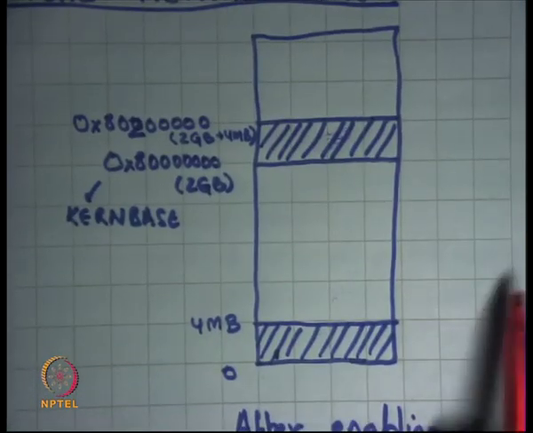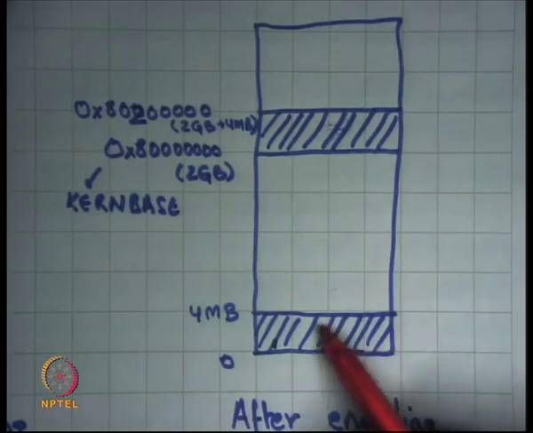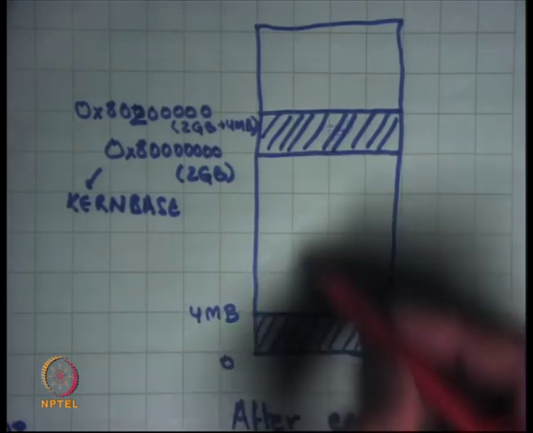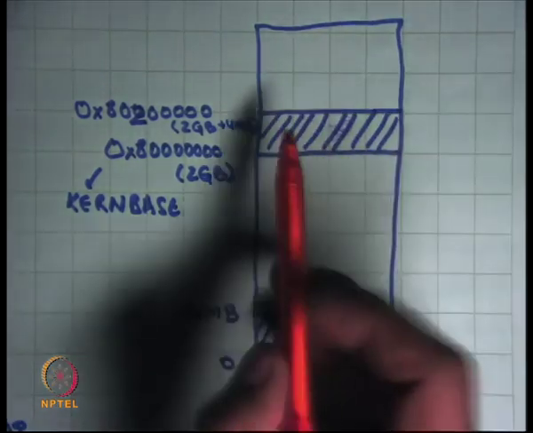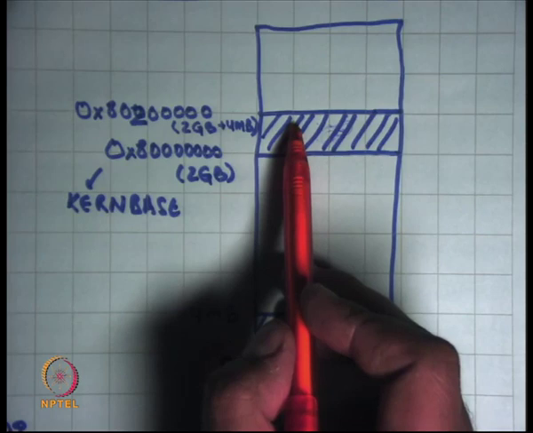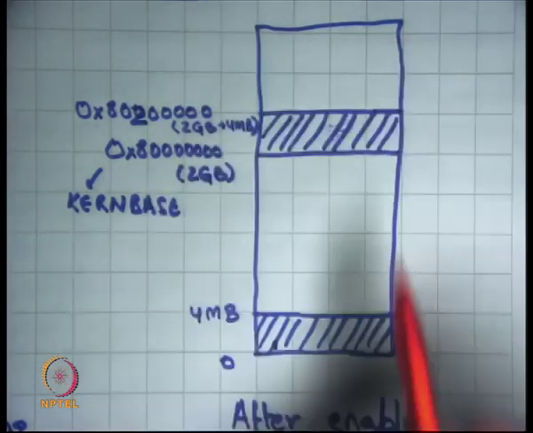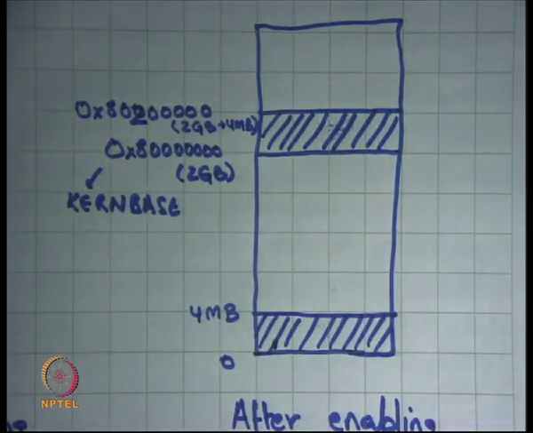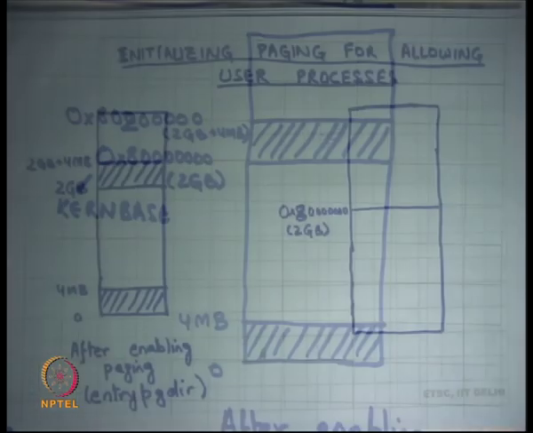So we said that this is the page table after entry page dir, and what the kernel wants to do is that it wants to remove this space and map this space completely into physical address space. So right now only the 0 to 4 MB region is mapped. You want to map the entire 0 to M in this area, and you want to remove this so that this can be used for user pages. Recall that was what the XV6 paging configuration was.